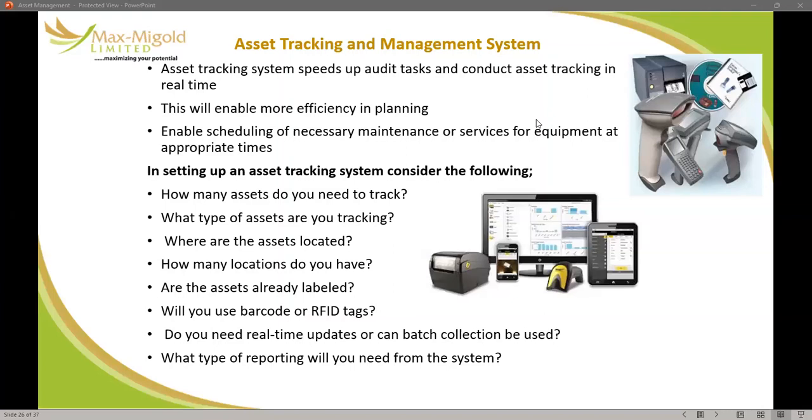Are the assets already labeled? Will you use barcode or RFID tags? Do you need real-time updates or can batch collection be used? What type of reporting will you need from the system? So the actual results you want to report, or the output that you want the computer system to provide,